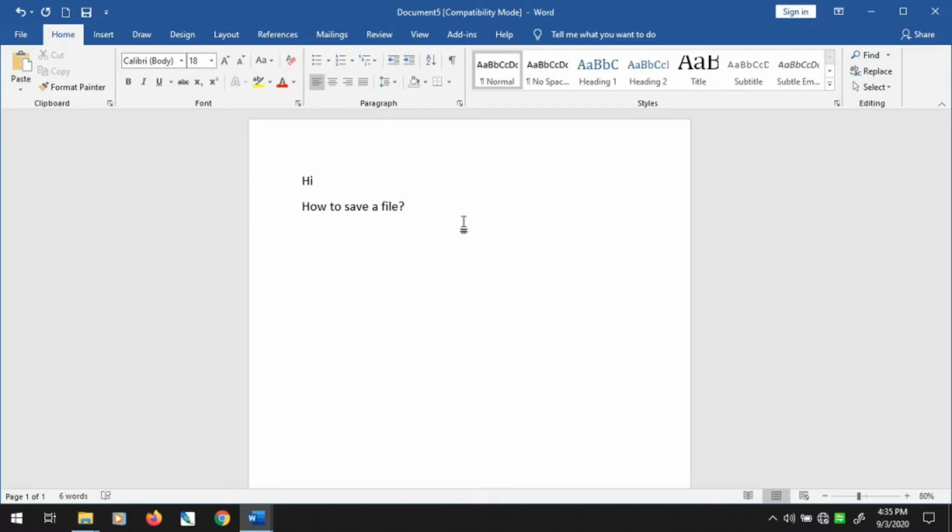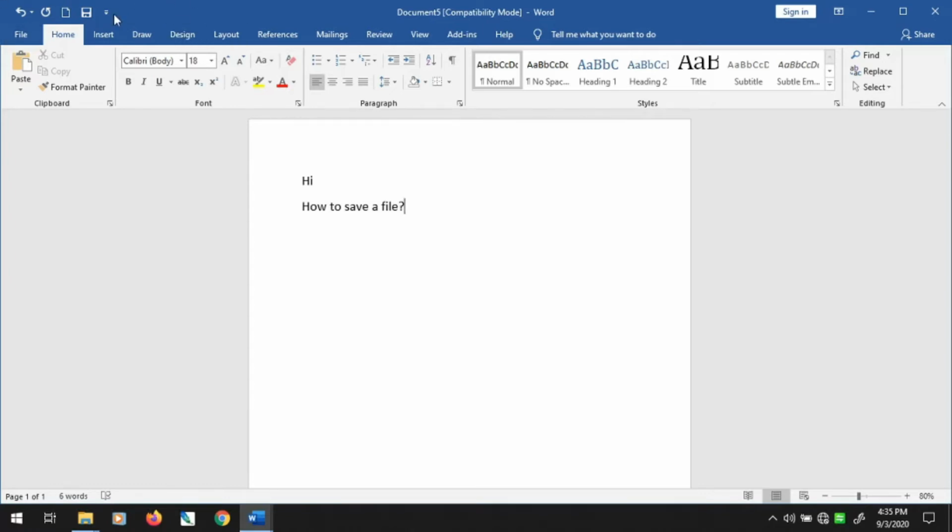Now here we will use three methods to save our file. In the earlier methods to close, open or create a file, we used two methods. Actually there is one more method to open or create a file which I didn't tell you in the last video, which is, as I informed you, that we can also perform quick actions by using the Quick Access Toolbar.